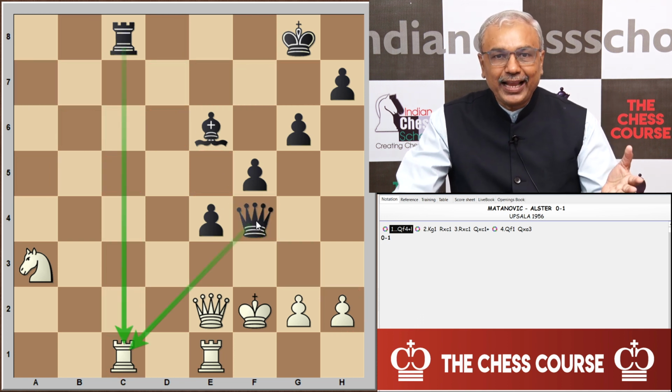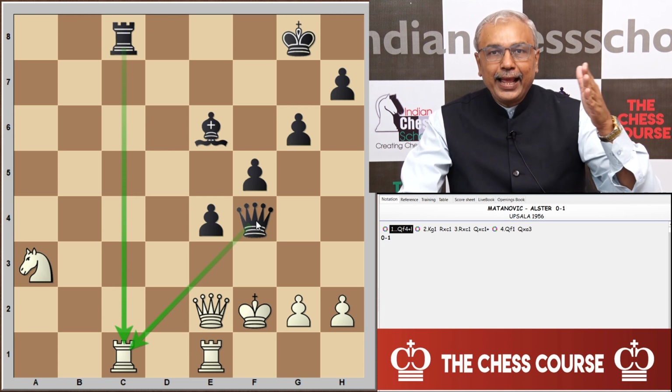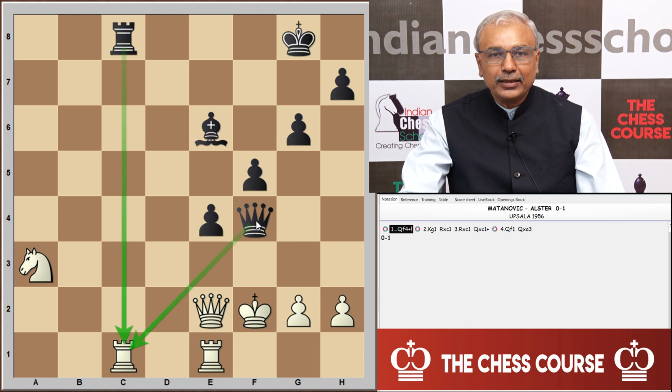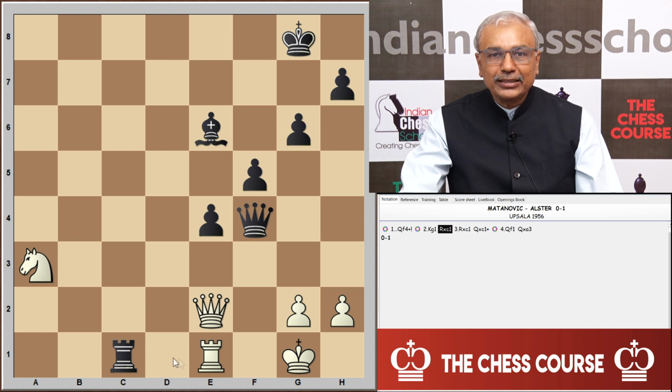Queen to f4 check, and at the same time we now see rook on c8 and queen on f4 attacking the rook on c1 twice. It has got only one protection. After king moves out of check to g1, black is able to win material. Rook to c1, queen to c1,